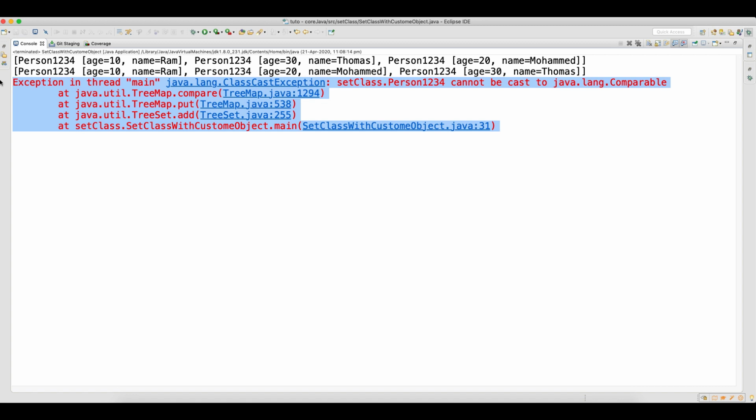I have already covered this when I was talking about comparable and comparator, and why we have them. Whenever you have an object of a custom type, you cannot sort it. For that, you need to implement either Comparable or Comparator.